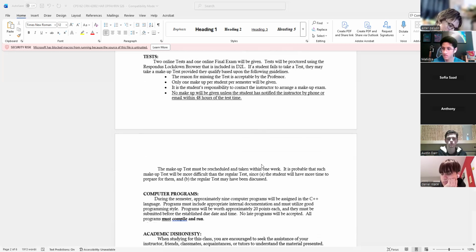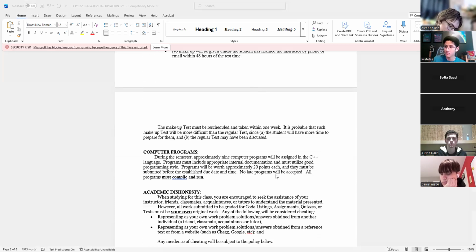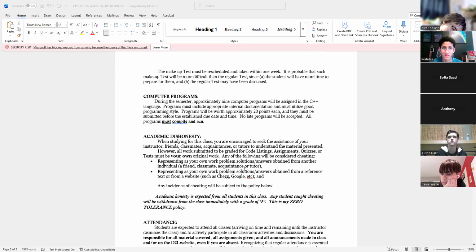All right. You can read the syllabus. Like I said, you all should know me by now. And programs, don't send me a lump of code. As you know, write code as it works, save it, in case something happens. You want to submit something that compiles and runs. Otherwise, it just looks like hieroglyphics to me, and I don't know how to grade it.